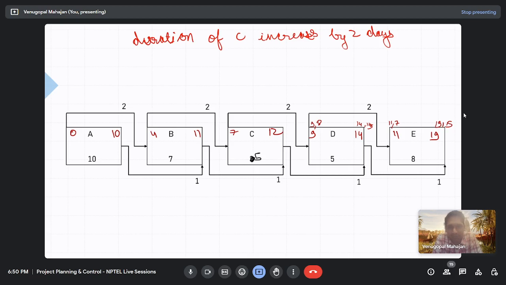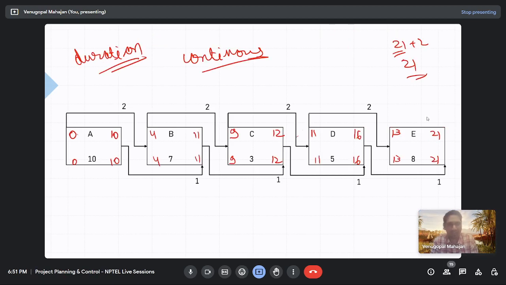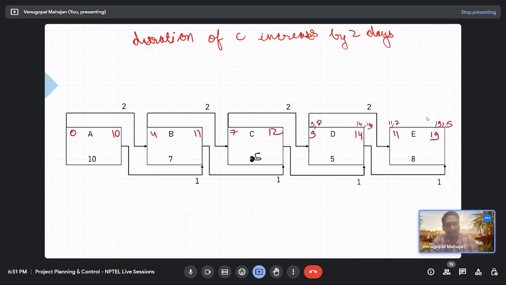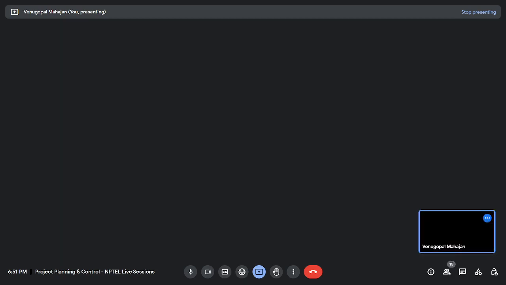It is in front of you guys. I mean, in the previous slide we calculated it to be 21. Then we picked one activity, we increased its duration, and the total project duration reduces. What happened? Okay, I am giving you 30 seconds just to redo the calculations and tell me what mistake we made.